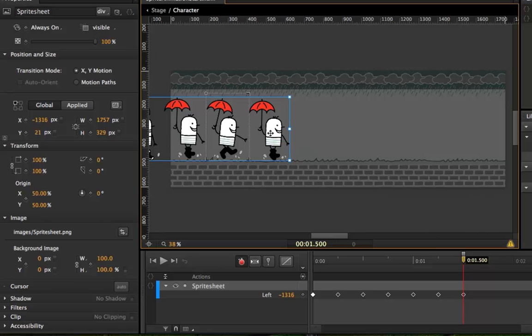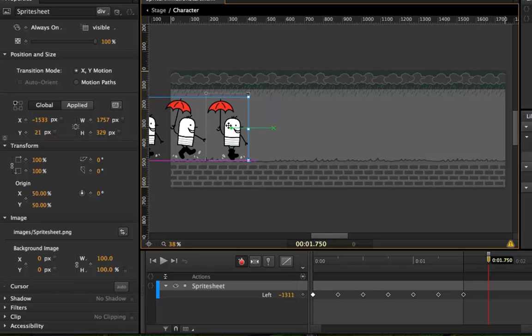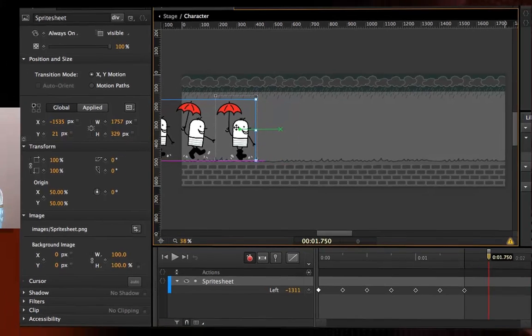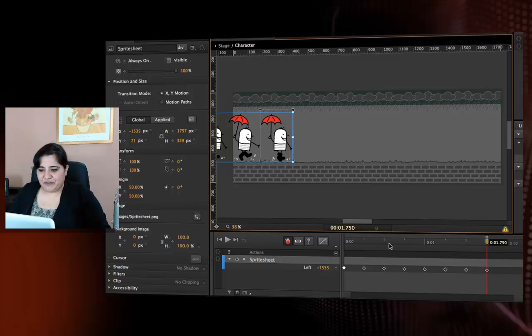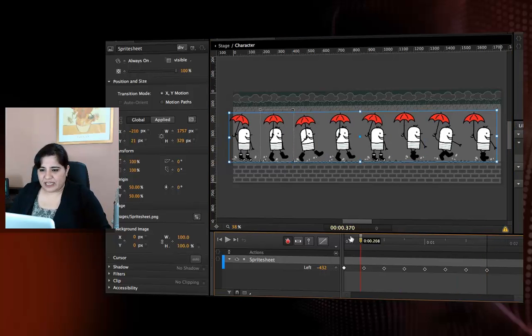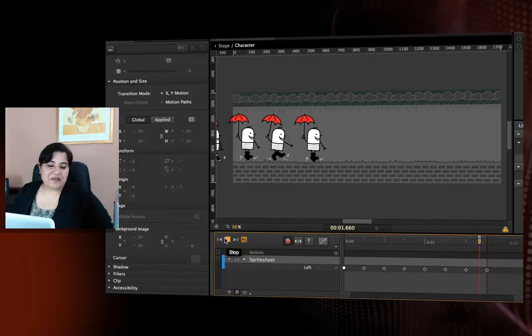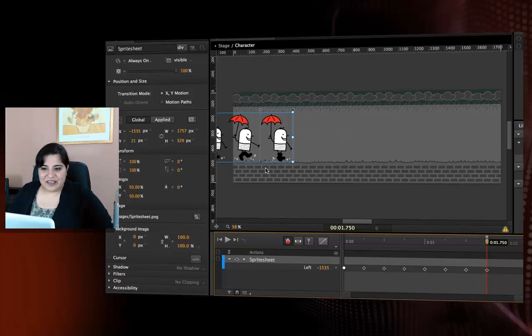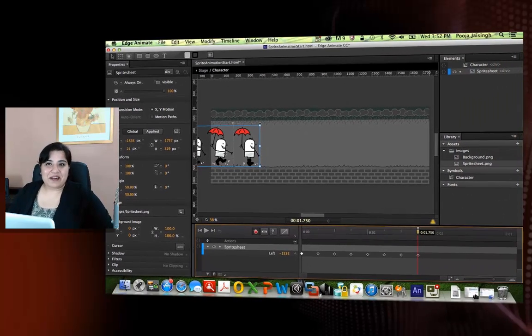This one we have to do very carefully because the umbrella and the hand is a little close to this character. Yeah, I think this is perfect. And then the last one. So here's the last one, and we are all set. So we've created these positions for the character. When you play it, you can see that the position is changing. You can see all of them right now, but I'll show you how you can disable this overflow that is going out of the symbol.